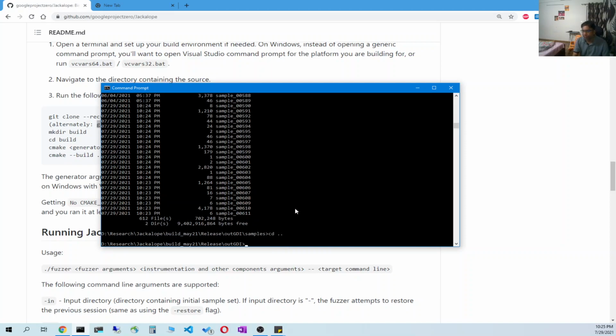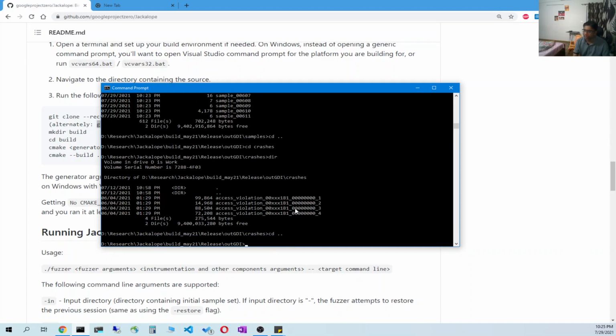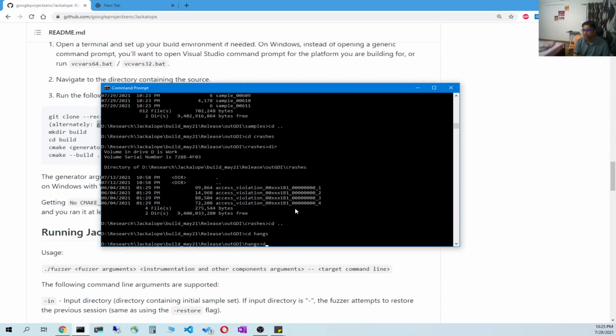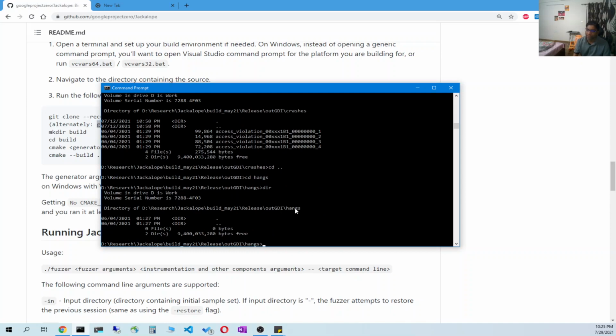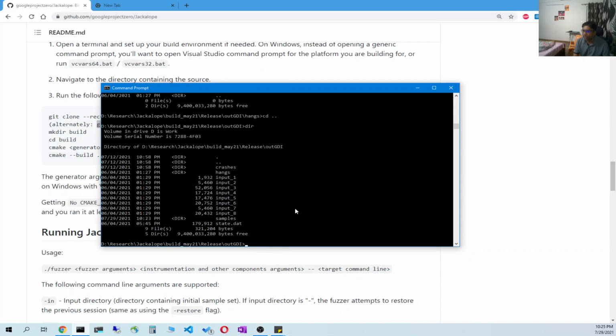If you go to the crashes folder, it contains all the inputs which cause a crash. In my case, I have a few crashes, but I was not able to replicate them actually, so that is fine. And inside hangs, you will get all the inputs which cause hangs in your program. So I think the output data structure is very simple.